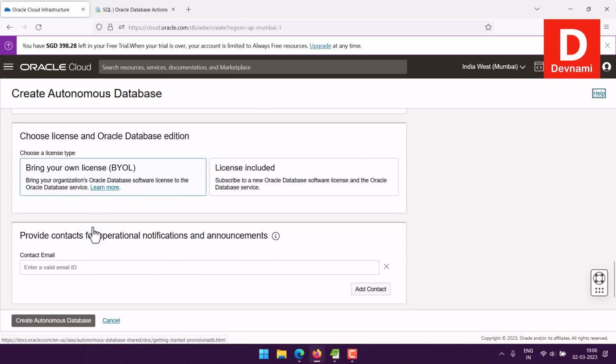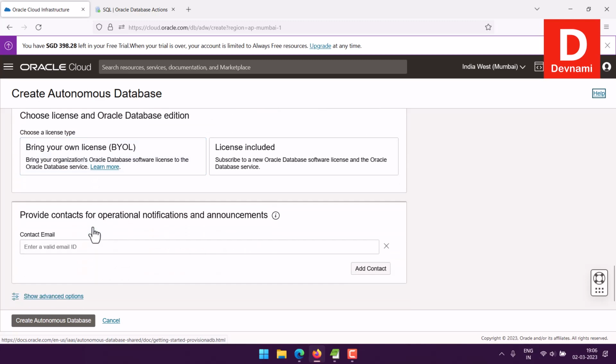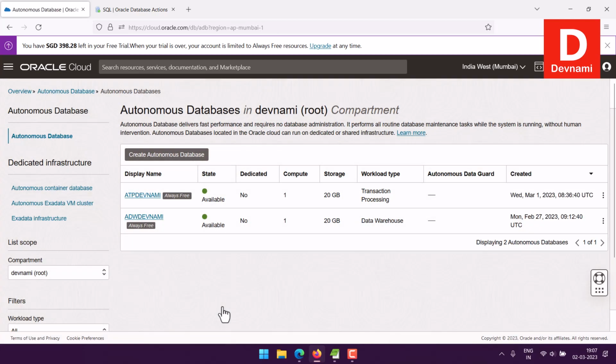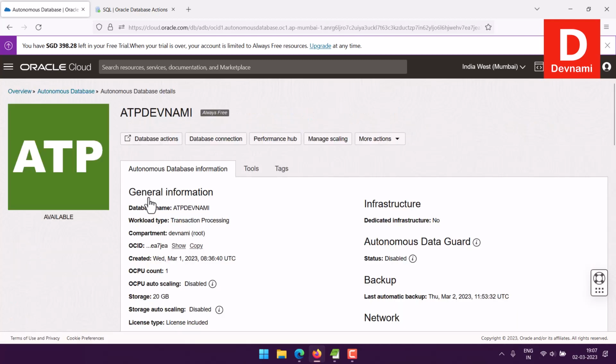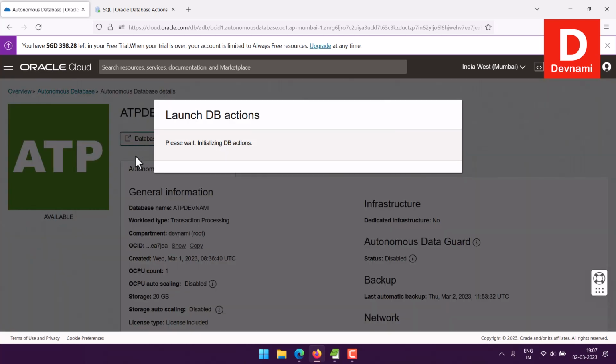Another point is our license. For free users, license is included, so go with that option, right? Don't try to change this, and then finally click on create autonomous database, right? And once you do, you will be here. So it was actually a long flow just to get to the data load, but I am explaining from the start, right? So the next thing will be database actions,